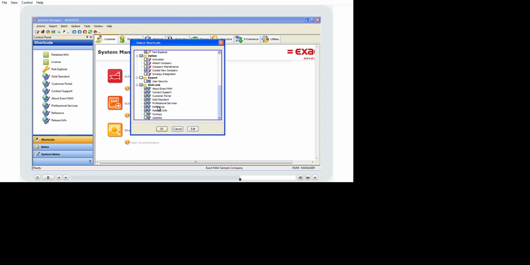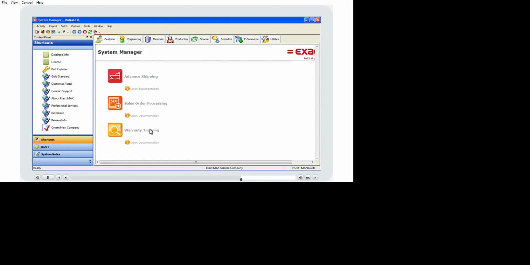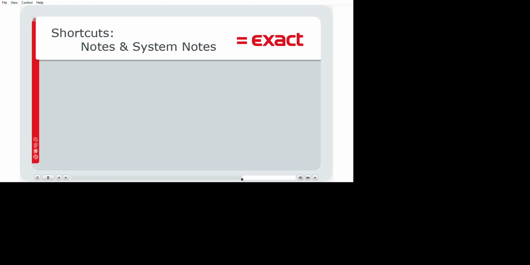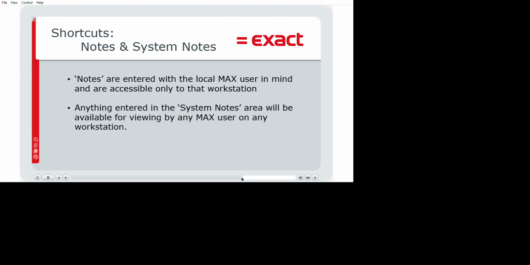Once the item is checked, click OK to add it to the Shortcut pane. You will now see Create New Company in the list of available shortcuts. The Notes and System Notes area in the MAX System Manager can be used to add notes that are used